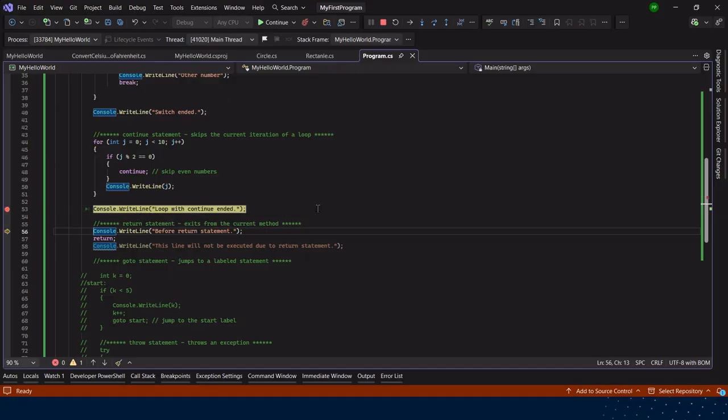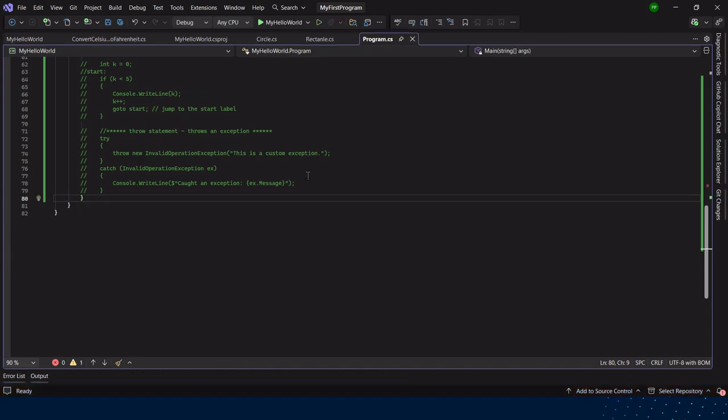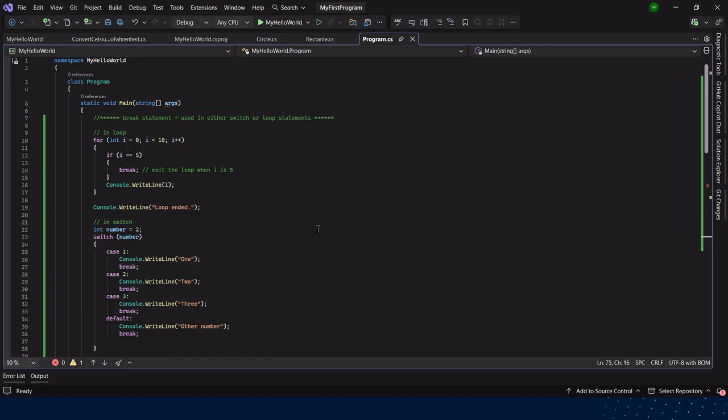Okay, so now we are in this place, loop with continue ended, and if I press F10 or F11, then it goes one by one. That is the step over. And here now you can see this statement will not be reached, right? So see, now it exited from this main method. So yeah, that's it